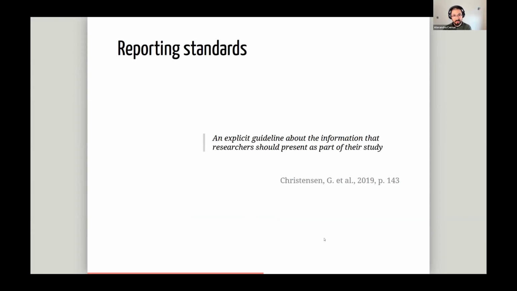Okay, so what are reporting standards? These are just an explicit guideline about the information that researchers should present as part of their study. So at least in the social sciences, in the journals where I publish, there are some standards, but there's also a lot of things that are not said. So the researcher can decide what to present about the analysis or what to present about the data. There is some advice, but it's not very clear what are the things that need to be presented. And because of that, there's no consistency, and also some researchers might not share some really important information about their